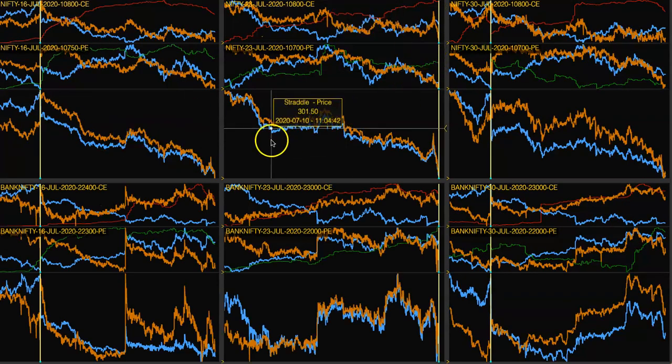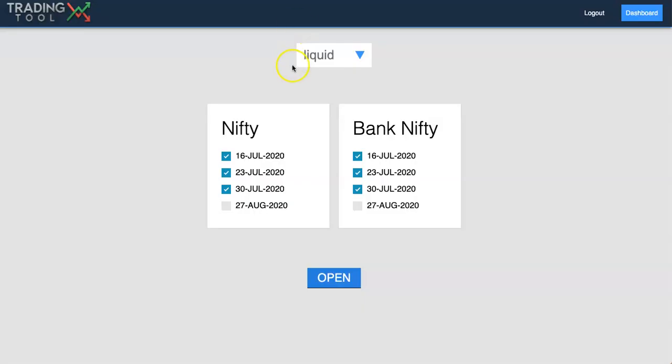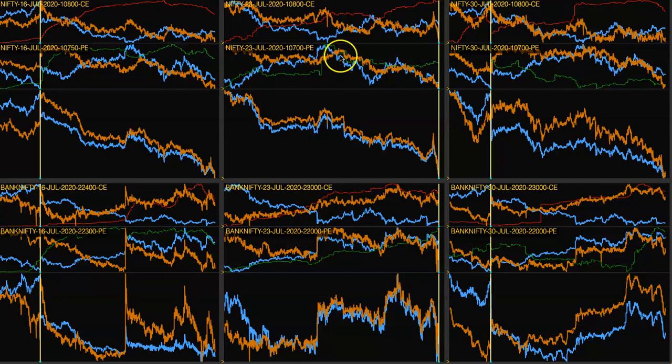Also, when there is a movement in the spot price, if the Bank Nifty goes up 200 points or 100 points, this page will be automatically updated to the nearby liquid strike price. If you are choosing the straddle, the straddle price will be updated automatically, so you don't have to refresh or update anything. Now let me teach the strategy that you can use with this.